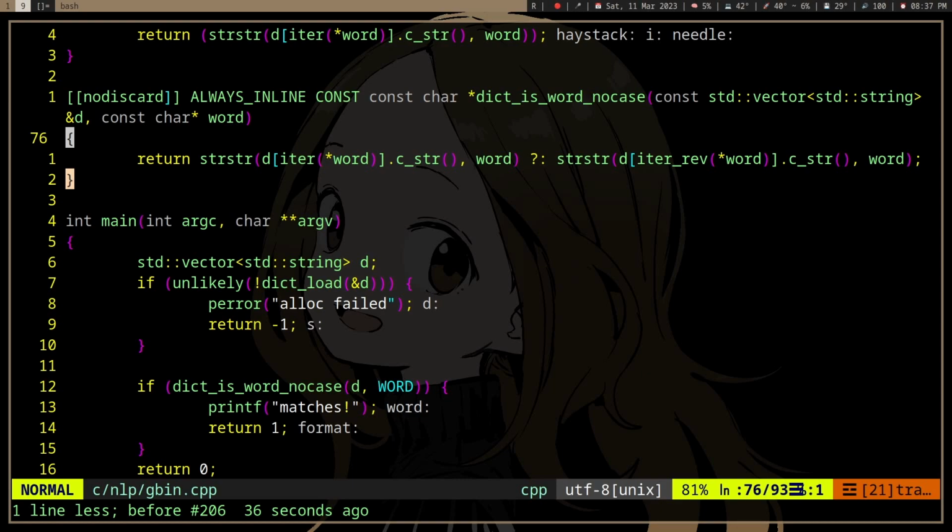And that's actually kind of useful for ternary macros, because you can't declare a temporary variable in an expression, right? So yeah, that's pretty